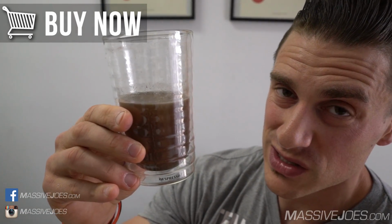It's kind of like a combination of sour and bitter in the aftertaste, but it's not that bad to drink. It is one of those supplements where if you mix it with more water, it is a very strong, almost overwhelming flavor. So if you can mix it with more water, it's just going to dilute that flavor and make it more pleasant to drink. Ideally, with 2 scoops, I'd probably go twice that amount of water. So I'd be going like 500 milliliters of water rather than 250 for 2 scoops. But if you dilute it and you get that concentration quite right, I mean, it's not great, but it is